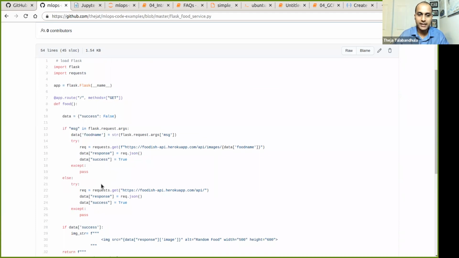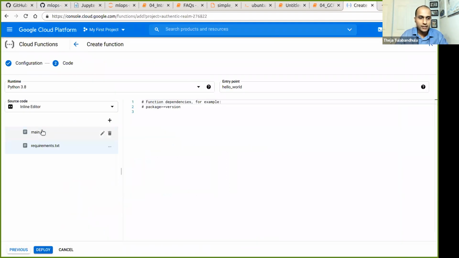I was going to show that, but in the interest of time, what we're going to do in the next few minutes is go back to this create function, change the main file and requirements file, just like what we did in the last lecture. It's going to be a very minimal change since we are only looking at a simple one-dimensional regression example. The new thing is that we'll try to read the model file from a location on Google Cloud as well. So we'll now introduce a new managed service, which is the storage service.